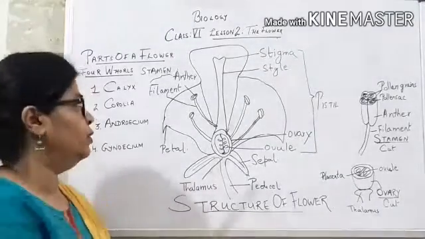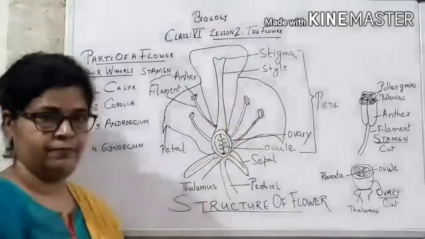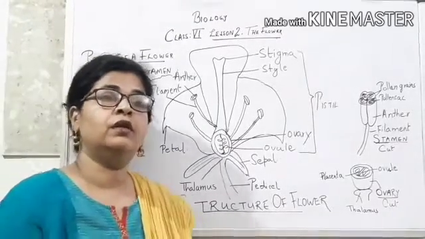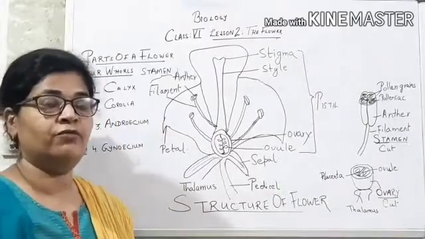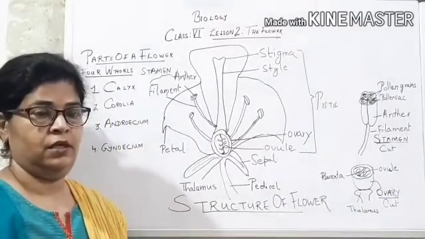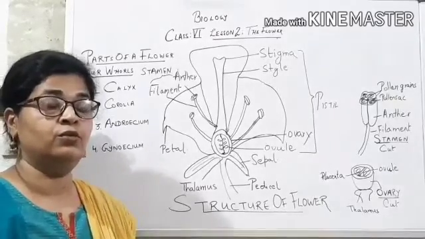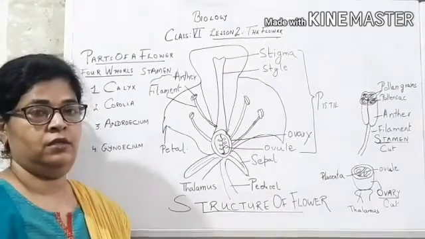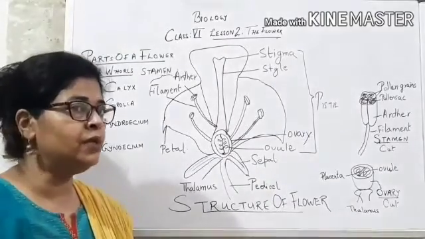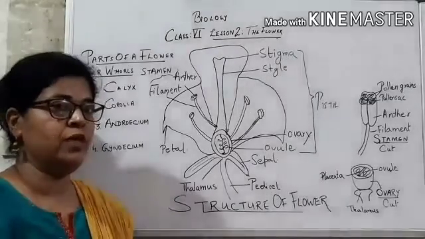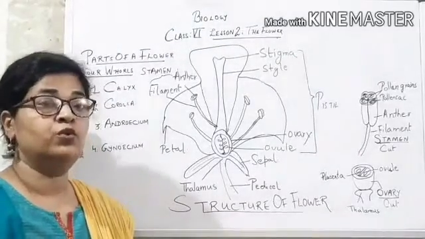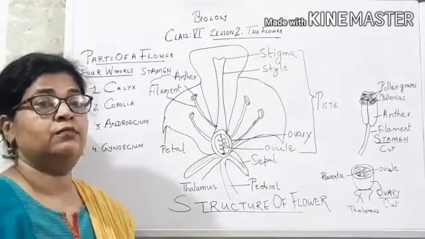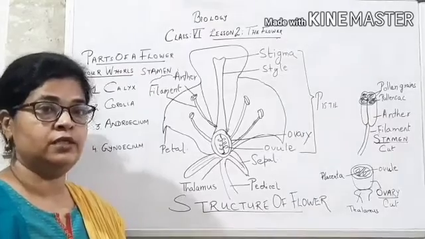Lesson 2, the flower. The flower, as you know, is a very colorful, attractive part of the plant. It is so because it has to do the important function of reproduction. And since the plant cannot move from one place to another, the flower has to be attractive, colorful, sweetly scented in order to attract insects, birds, animals to itself.